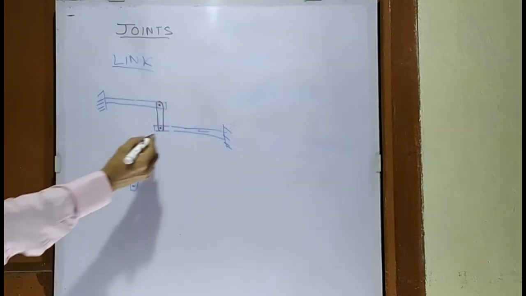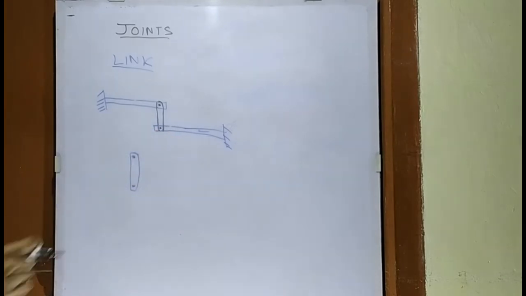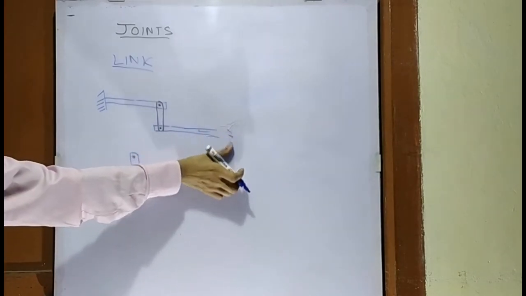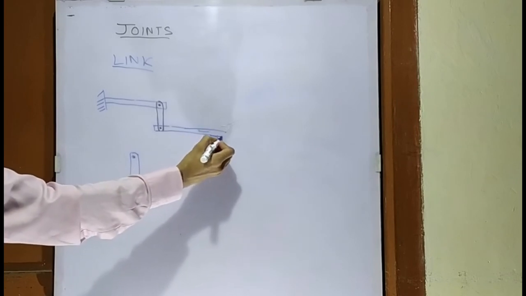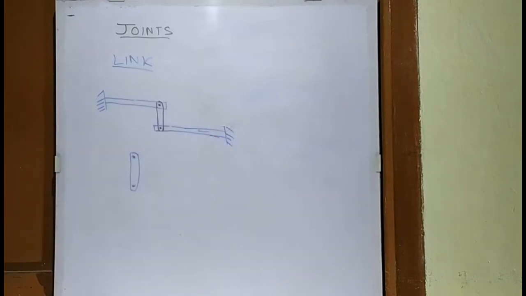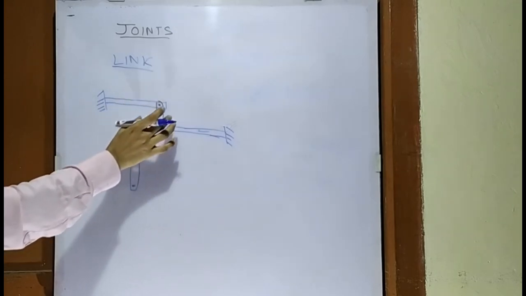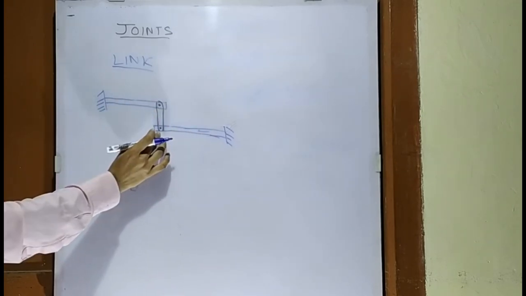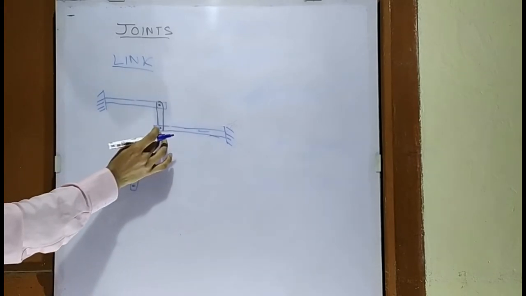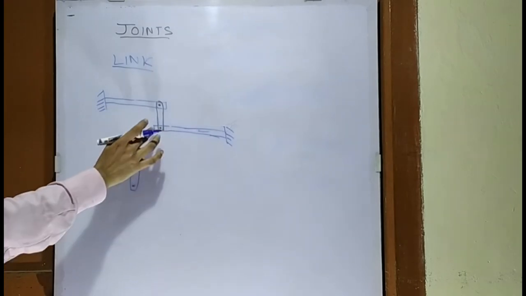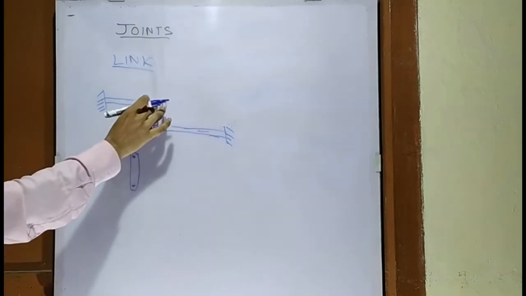Now in our previous video where we discussed the supports, we discussed that at a pin support there may be only rotation, and the pin support cannot transfer any moment. So this is also the same case. This link is connected at these two beams, at this point and also at this point. And how is it connected? It is connected by a pin. At this point there is a pin, and also at this point there is a pin.